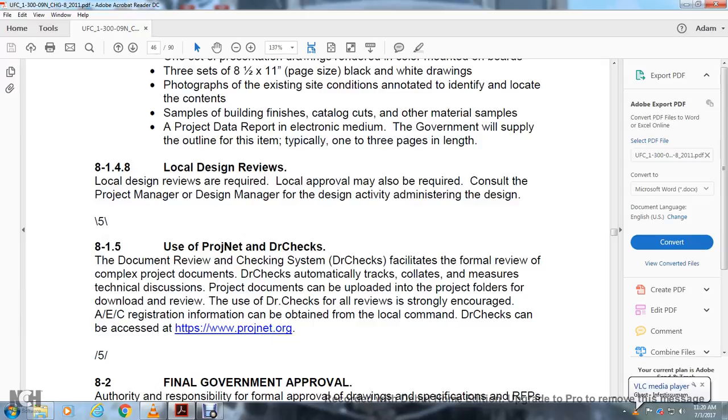815, Using Project Doctor Checks. Doctor Checks is a review checking system facility for the formal review of complex project documents. Doctor Checks automatically tracks and collates comments for the technical discussion. Project documents can be uploaded to the project folders for download and review. The use of Doctor Checks for all reviews is strongly encouraged. A, E, and C registration information is to be obtained from the local command. Doctor Checks can be accessed at